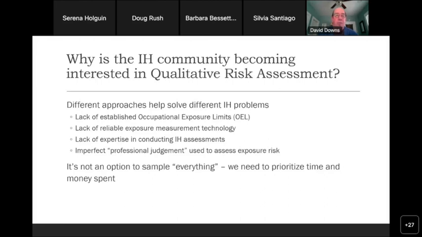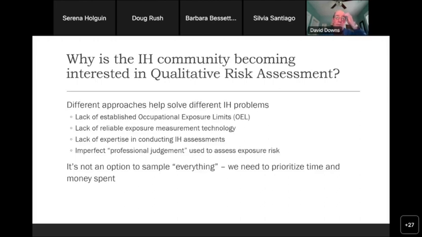We'll talk about one of the tools developed by the British Health and Safety Executive. They were trying to provide tools because they realized that in their constituency, there wasn't necessarily the expertise available. And for medium-sized companies, there may not be the ability, financially, to hire industrial hygienists or safety professionals to help come in. So they were trying to put together a tool that would help them make those risk assessments in those situations.